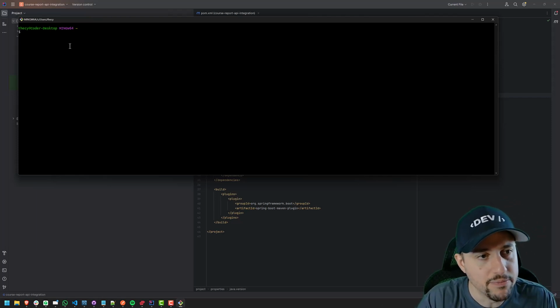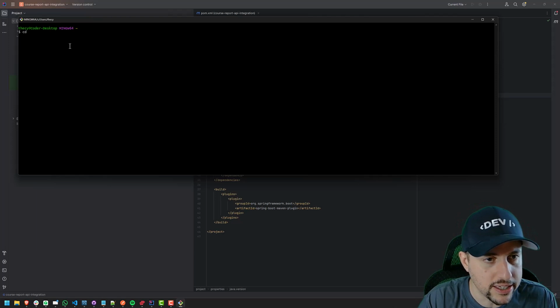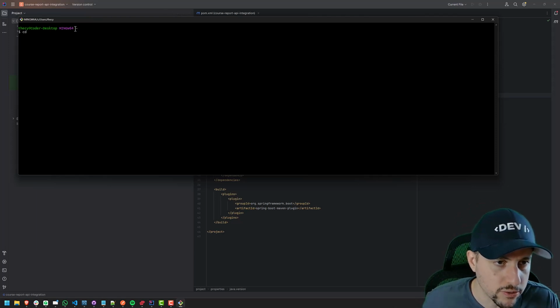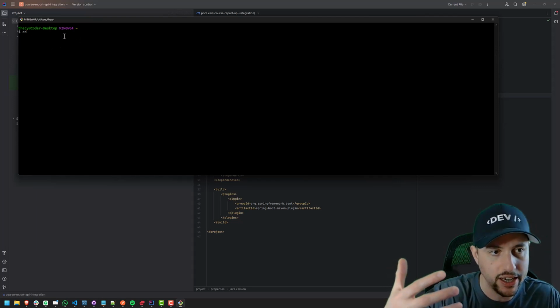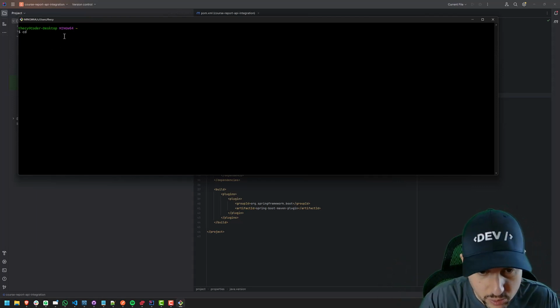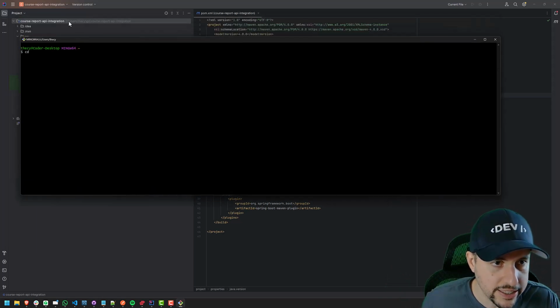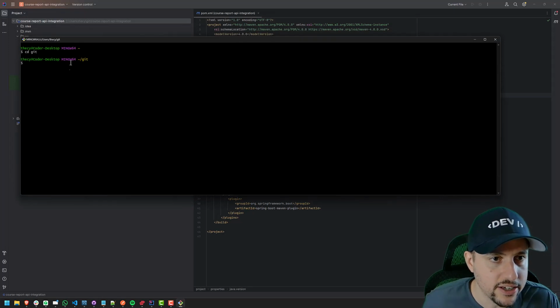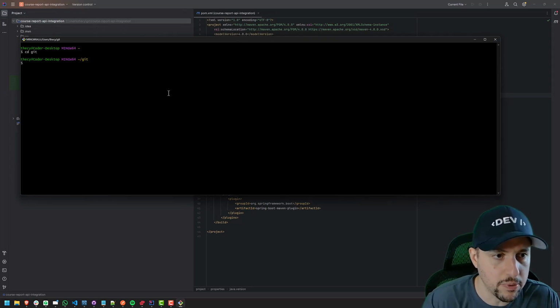So let's go to the Git directory. Right now we're in the home folder, which is what the tilde here means. The home directory is just C:/users/your username. And then git. So you go cd git, and then you can go cd the name of the directory, which is course report